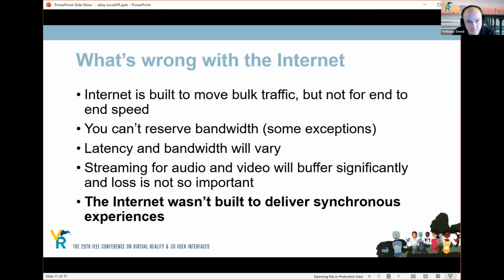So the internet is built to move bulk traffic. It's not for end-to-end speed. You can't reserve bandwidth, except for some exceptions. Latency and bandwidth will vary. Streaming for audio and video will buffer. Loss is not so important for video. So it just wasn't built to deliver synchronous experiences. Now, there are standards there, like WebRTC, which we're exploiting inside Ubiq for the voice. So there is progress, but